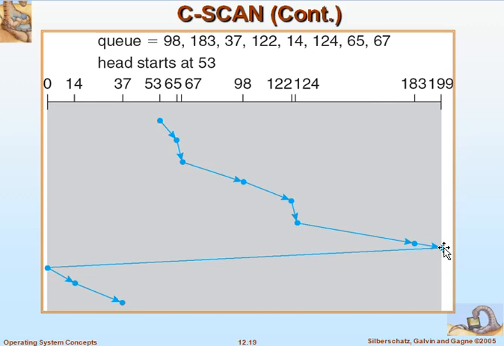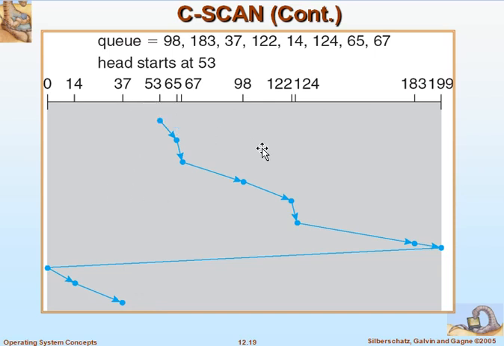Then the head will directly move to the beginning of the disk. It will not cater any request in the return. Again it starts to move from the beginning toward the end, servicing requests. It serves requests 14 and 37. So that is how this algorithm works.